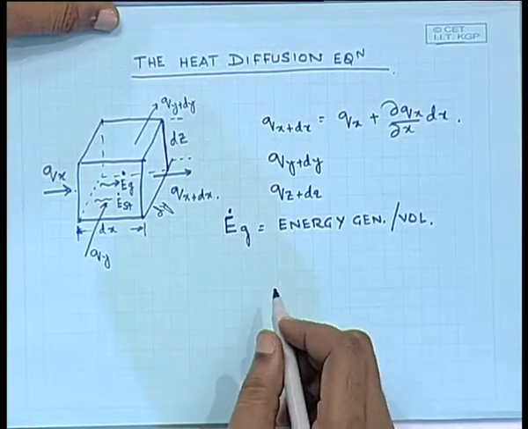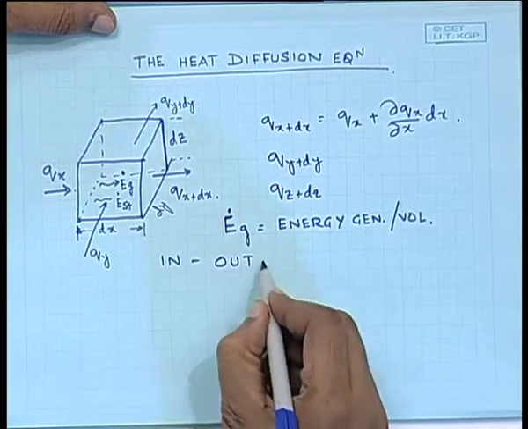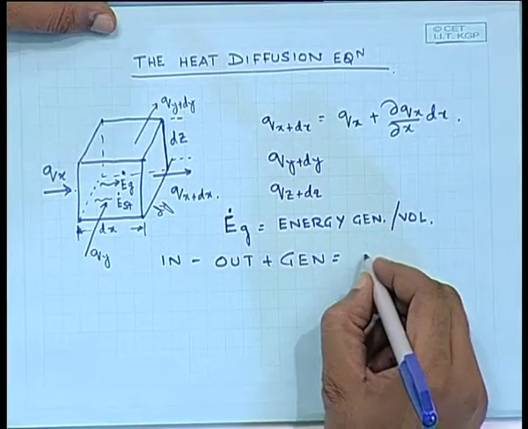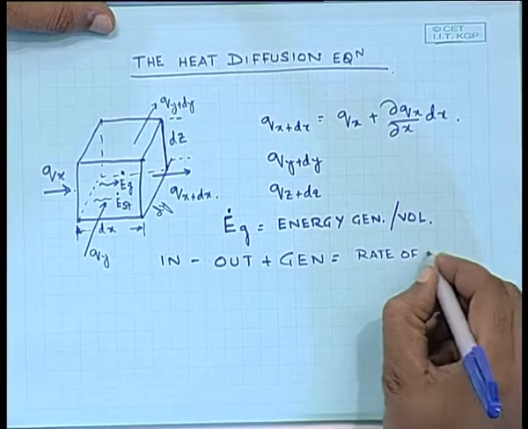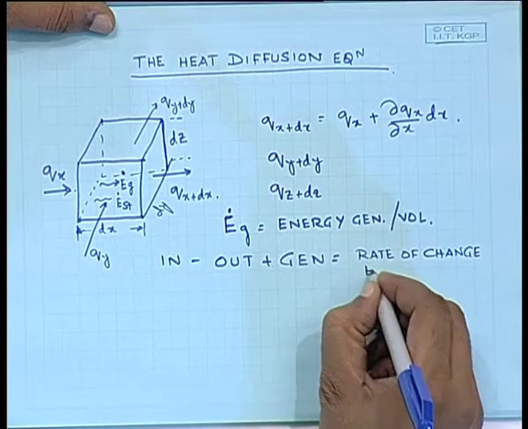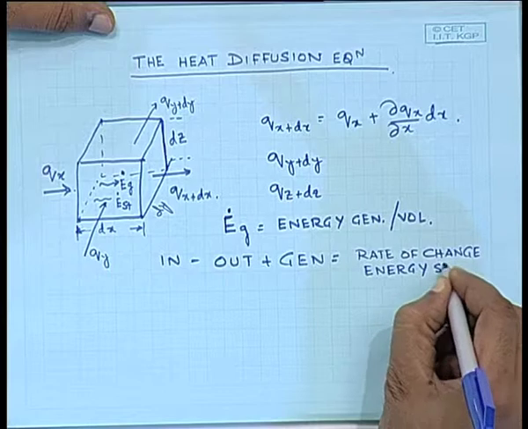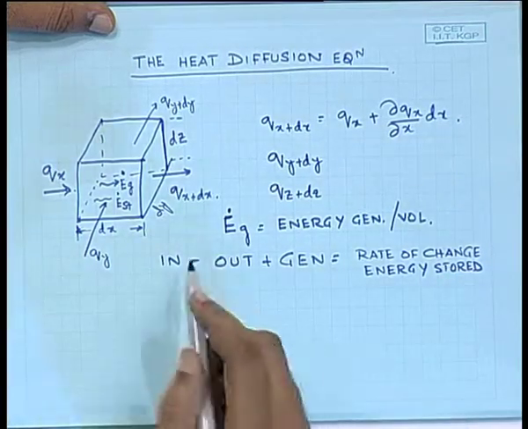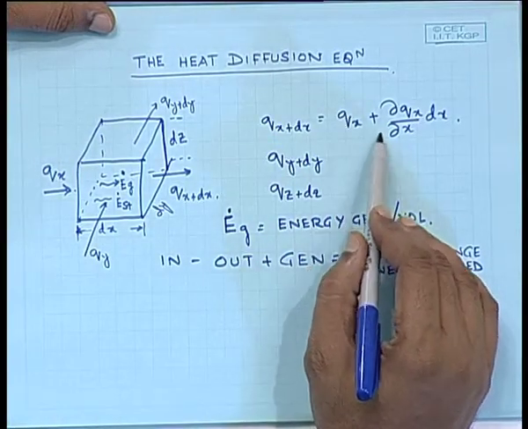So now if you think of in minus out plus generation is equal to the rate of change, that is time rate of change of energy stored, that's the basic equation. So I am going to have for in Qx and for out Qx plus del Qx